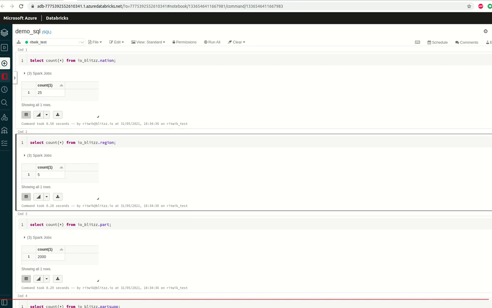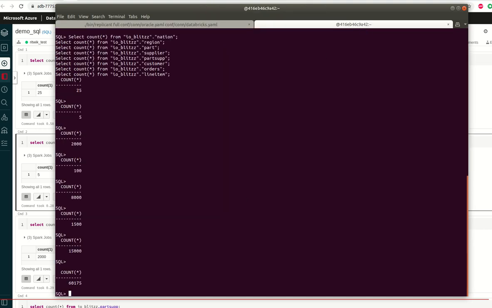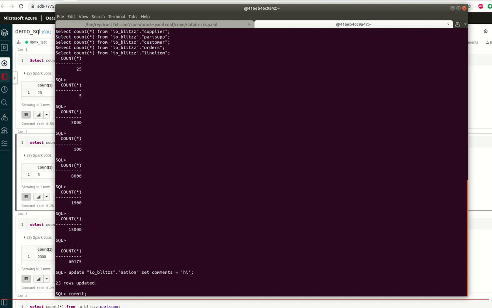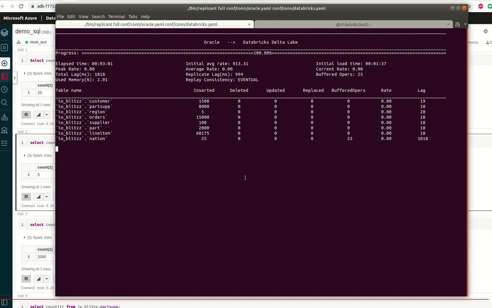So it's done. Now let's add some DMLs on source in real time. We will run a bulk update on source and we will see how that data comes to target. Let's run this. This is an update statement on nation which will change all the rows. Let's see how it is shown on the dashboard. You can see that for the nation table 25 operations are buffered, which are soon going to be applied, and this update count should be updated, and you can already see that the updates are on target.